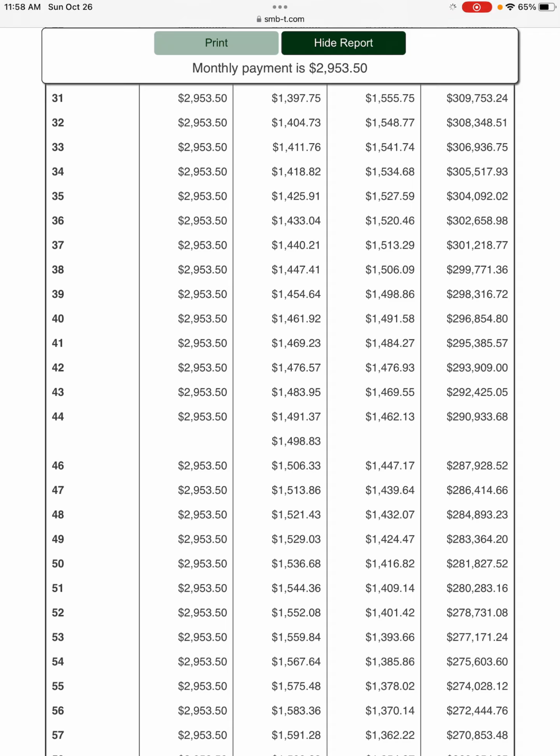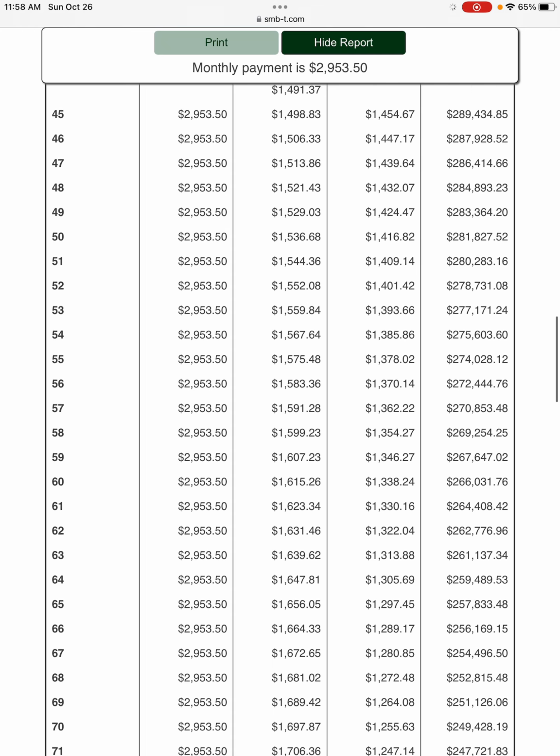I'm still making the same payment. It's interesting, it's allowing me to log in here. So I make my $2,000 at number 44. I make this payment. I have $1,491 of it going to principal, $1,462 going to interest. So at that point, I'm paying more towards the house than I am to interest,